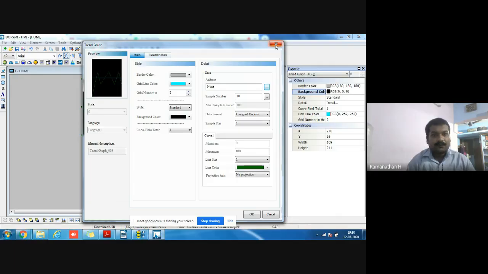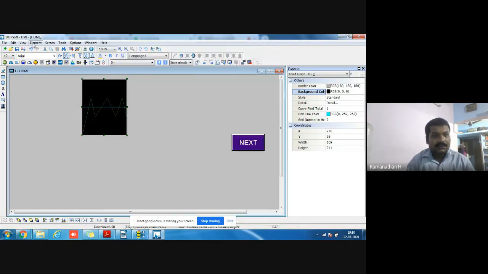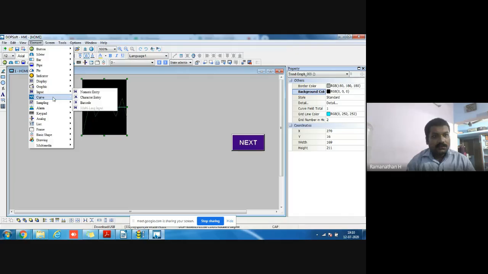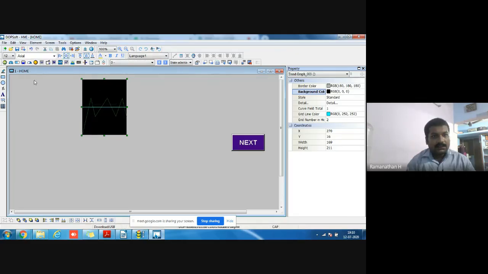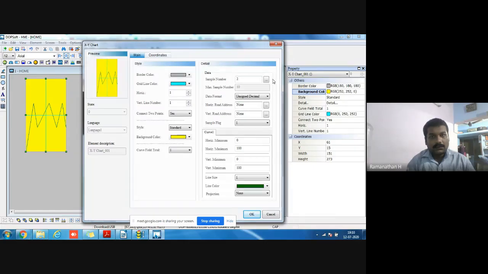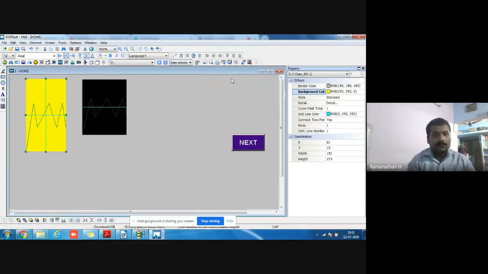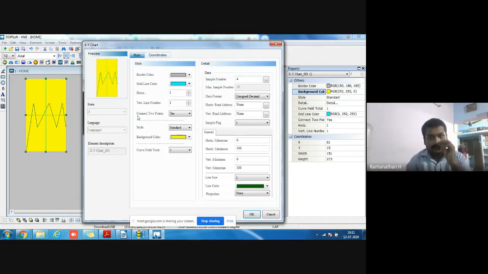So these are the trends, and the XY chart is also there. Okay. For the XY chart, we take two parameters: horizontal address and vertical address. Okay. If we increase the number of samples, we show that horizontal and vertical.